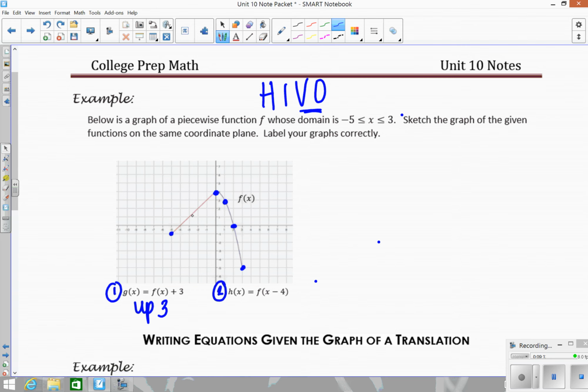So what I'm going to do is take these points that I just plotted and move each of them up 3. So I'm going to go up 1, 2, 3 for each point. And once I count up 3 for all of them, I'm going to go ahead and connect them. So I'm going to use my line